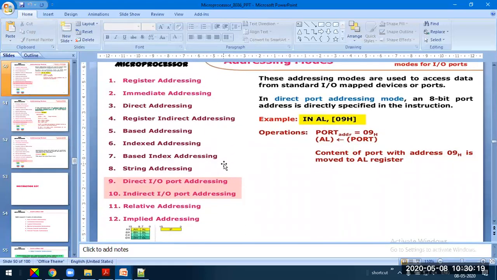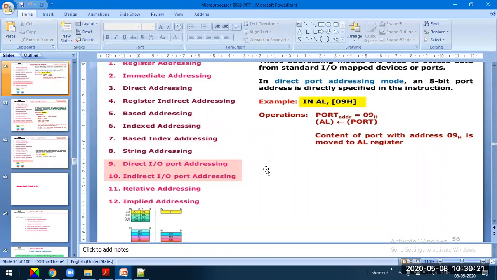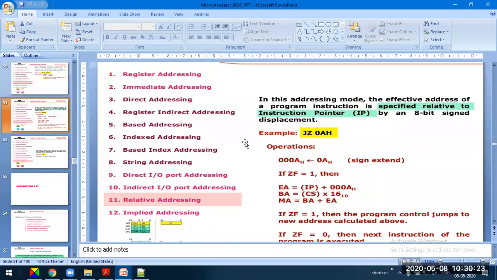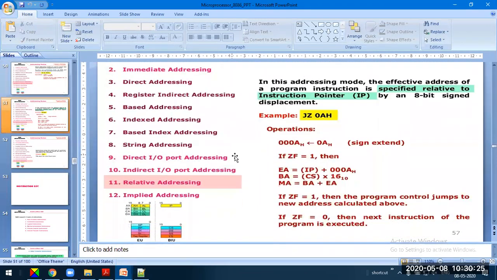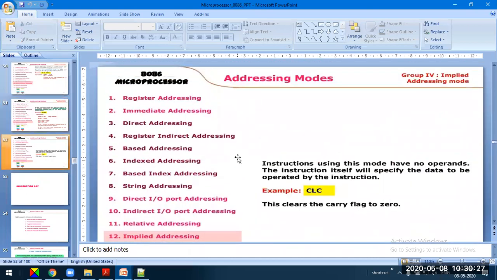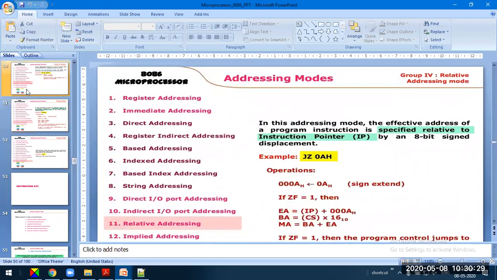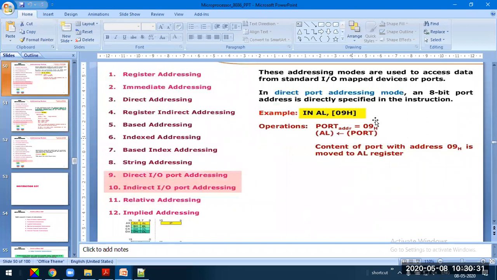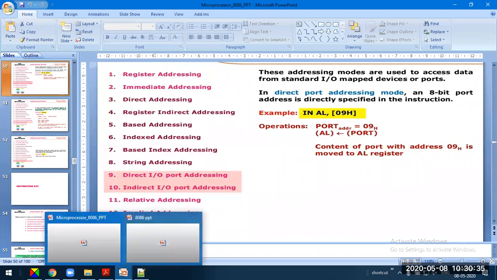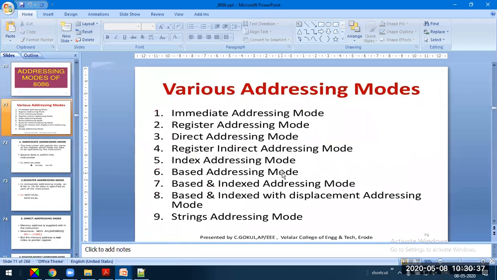Direct addressing is discussed, but sorry, indirect addressing mode is not shown here. So let me refer to the other slide. It's not available here either.